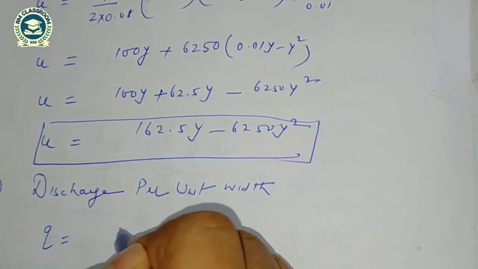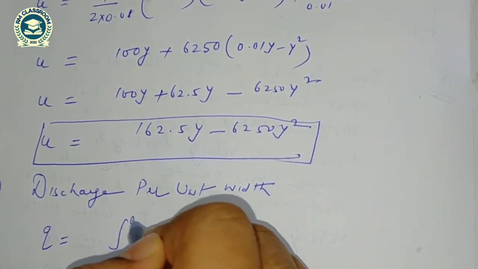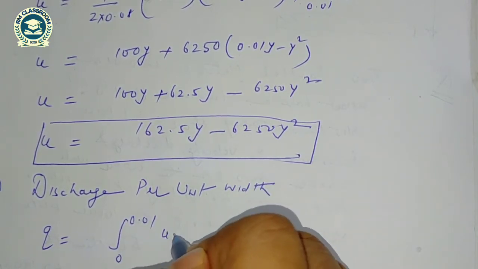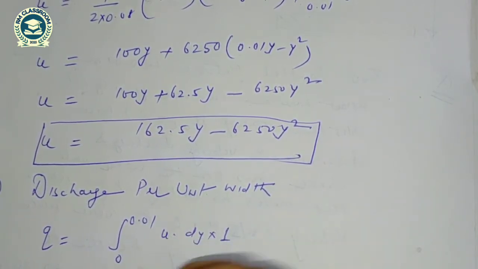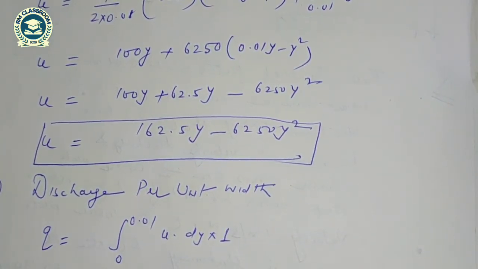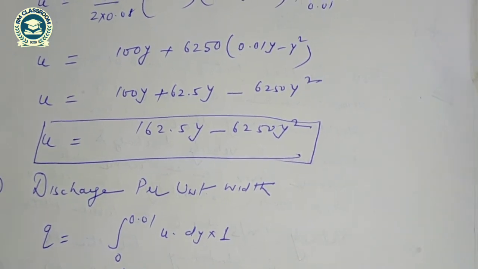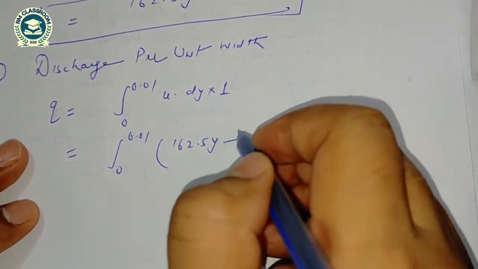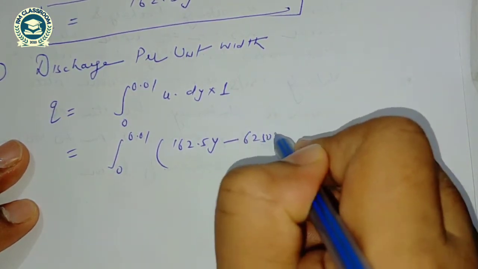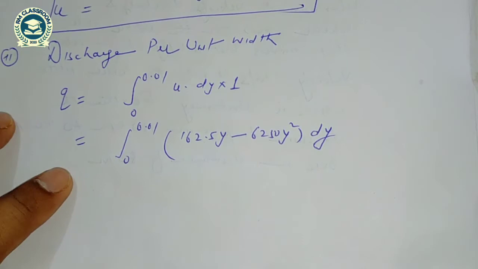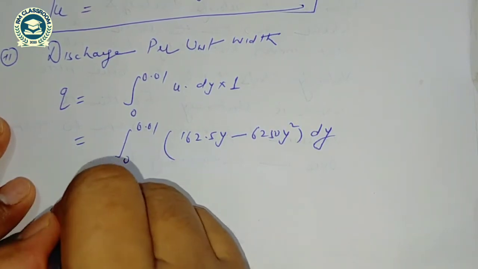So Q is equal to the integral from 0 to 0.01 of u dy into 1. The expression of velocity is 162.5 y minus 6250 y square, into dy. So if I integrate this value, Q is equal to